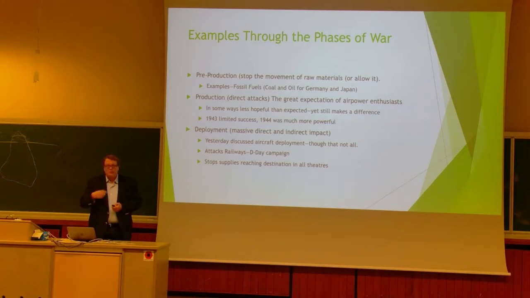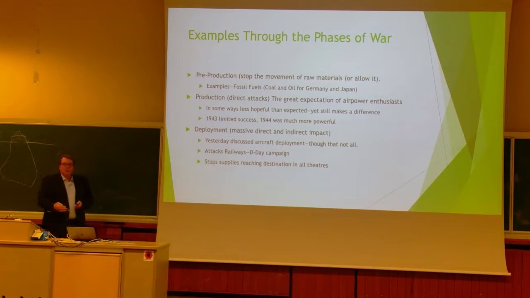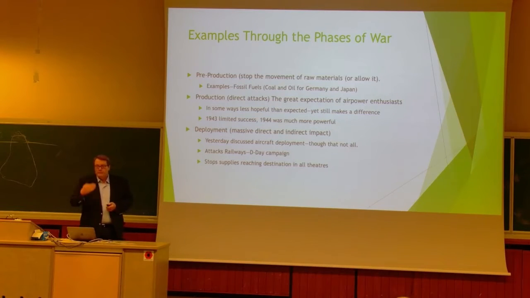The United States was the Saudi Arabia of the world, the Middle East of the world, up until the Second World War. It produced far more fuel than anyone else, far more oil. So when the U.S. embargoes oil on Japan in 1941, they really have put an economic gun to Japan's head. And what they say to the Japanese is, if you don't do what we want you to do,